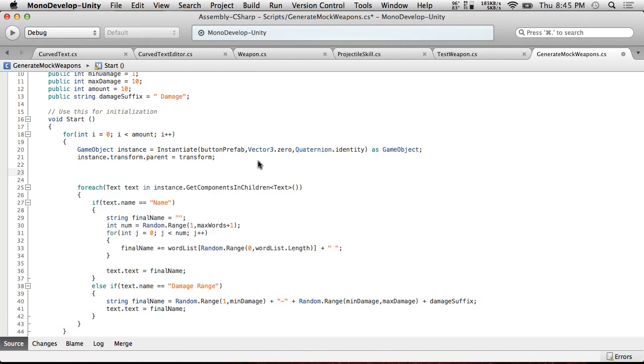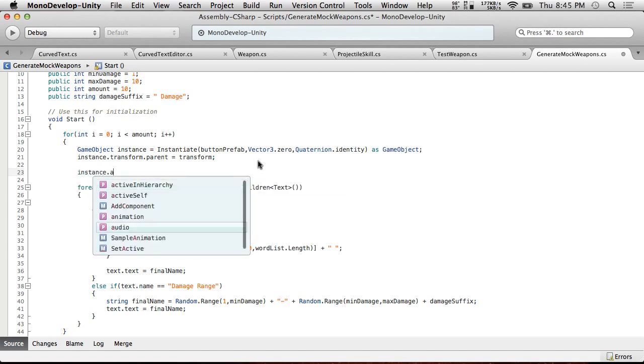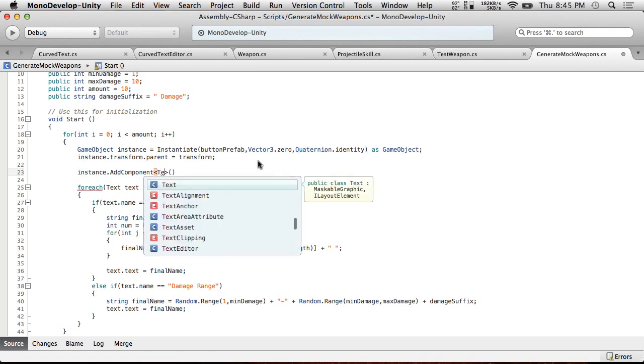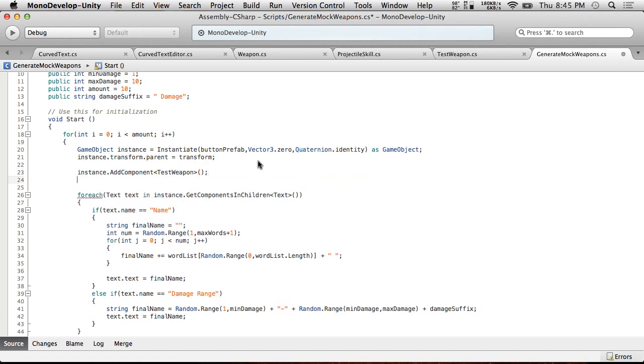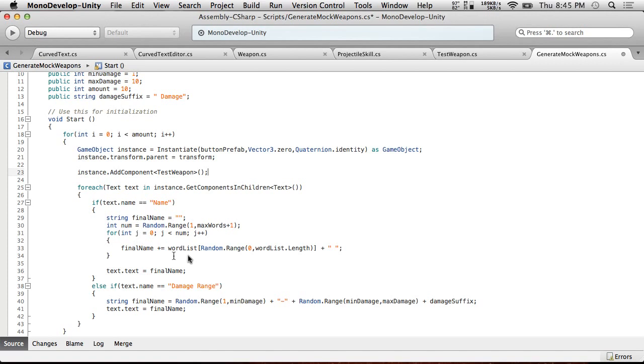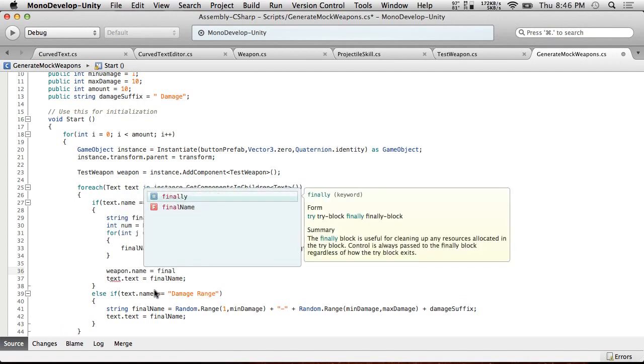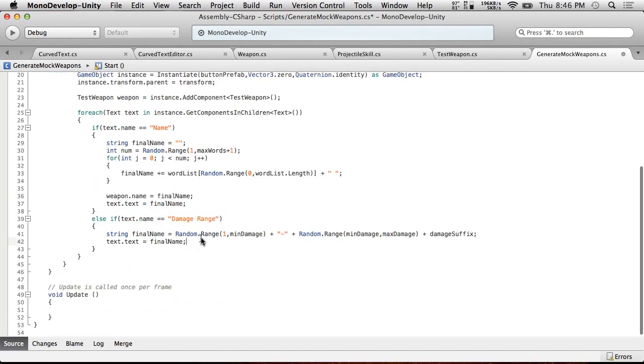So what we're going to do is instance.AddComponent, and the component will be a TestWeapon, and then I need an instance for this, so TestWeapon weapon equals instance.AddComponent TestWeapon, and then in here, since we're already doing some name stuff, I will just put weapon.name equals finalName, and in here we will do weapon dot